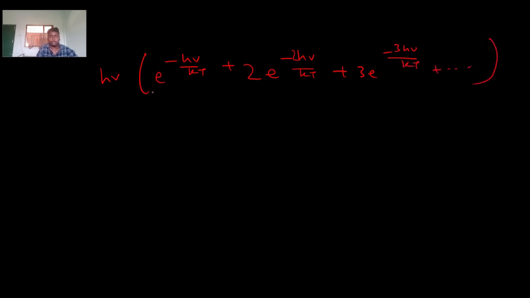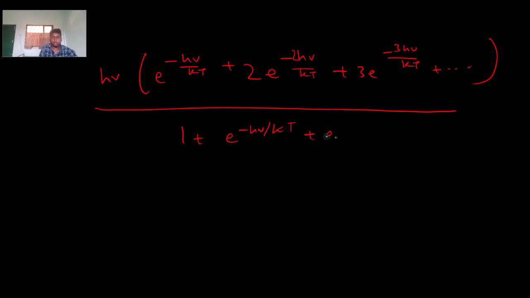Okay, and we can write 1 plus e to the power minus h nu by kT plus e to the power minus 2 h nu by kT. So we are getting a similar kind of condition in the above and the lower part, the numerator and denominator part. Okay, and this will get like this and this, and here you can take one thing common, because